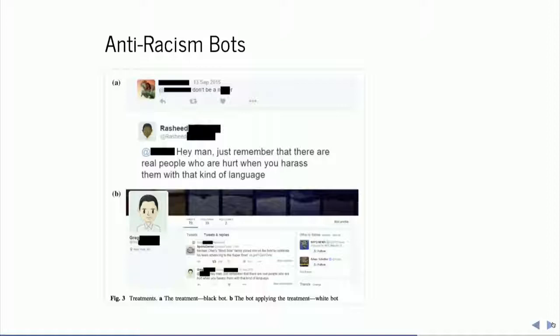Actually, I think ultimately there were 4 bots, but the important difference between the bots was that some of the bots had a dark-skinned avatar, and some of them had a light-skinned figure. And both of them said the exact same message, criticizing the person for using the racist language, right?